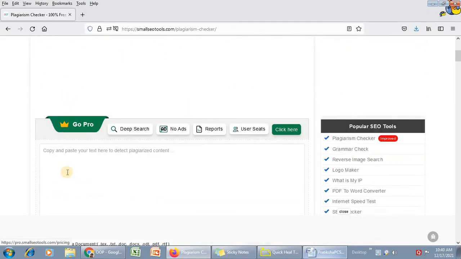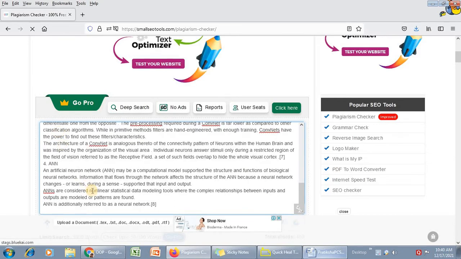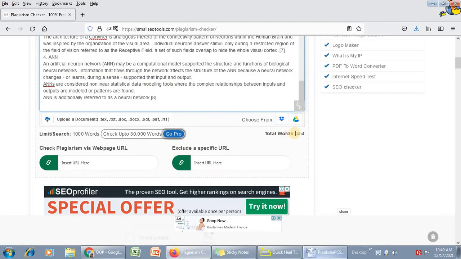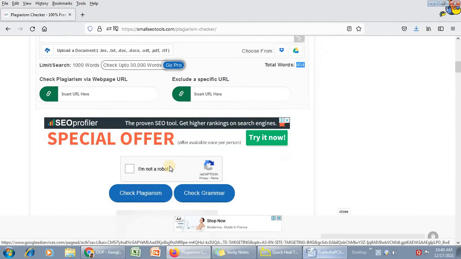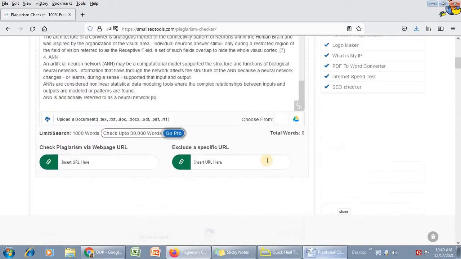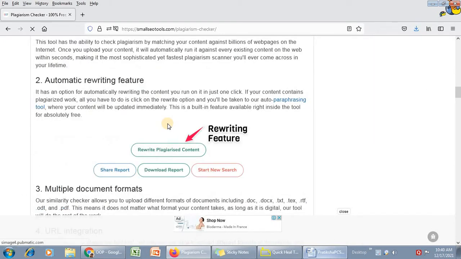For the second chapter, again the same process you will have to do. Here copy paste the content of the second chapter which has already been copied. Again check it out, the words here are 454, so you can add more words also, but go chapter wise. Then click I am not a robot, and check plagiarism.